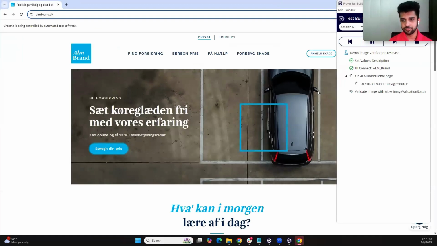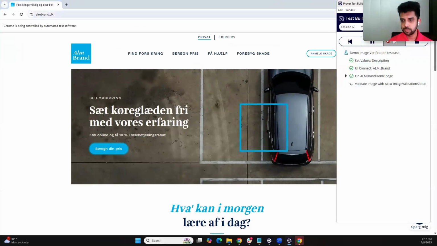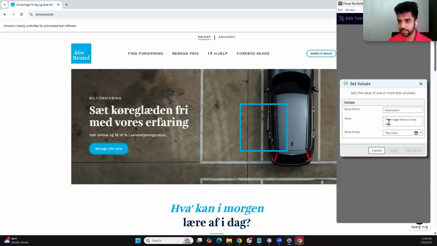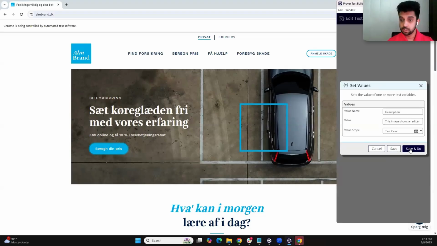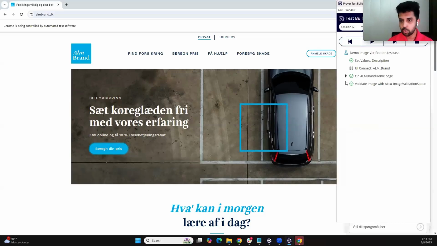You can see the image is of a gray car. Now, if I execute this, it perfectly passed. Now you may ask how we would know that it is not always passing. I can clear that too. If I edit it, and instead of gray I write red car. One more concept I would want to highlight here is that you can move around your test steps in between and execute from there. So you have that flexibility in Provar. Now if I re-execute this step,